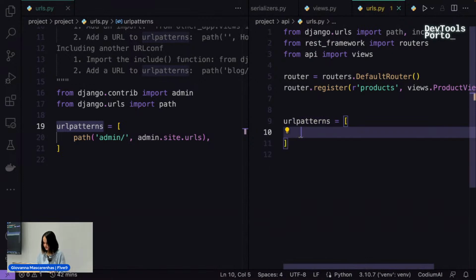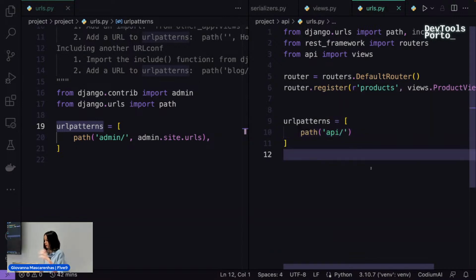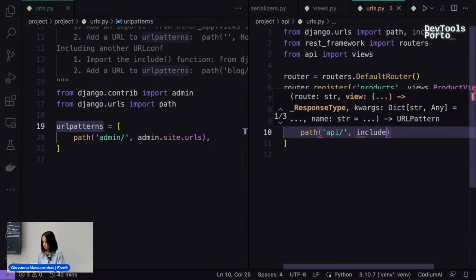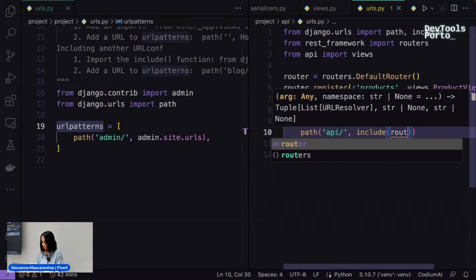And I'm gonna pass here API. So everything that is related with API, the endpoints for our API, it's gonna be API and the name of the API that you want. I'm gonna use the include and I'm gonna pass router.